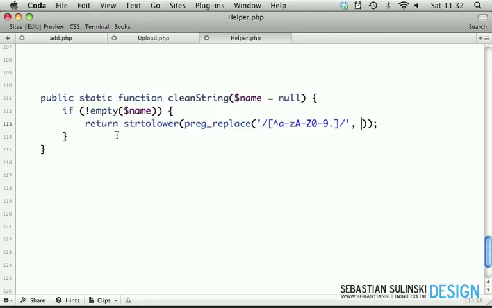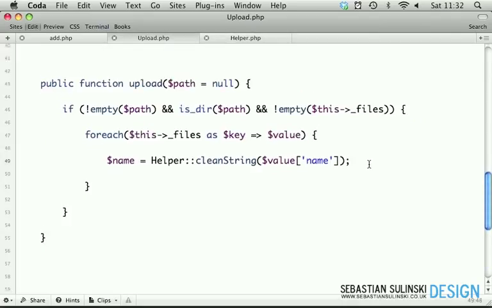Then we want to replace things which aren't matching this with a hyphen. Then we have the third parameter, the string, which we want to replace these things in. So obviously it's going to be our name parameter. Okay, and that's everything inside of this method. And if we go back to the upload class,